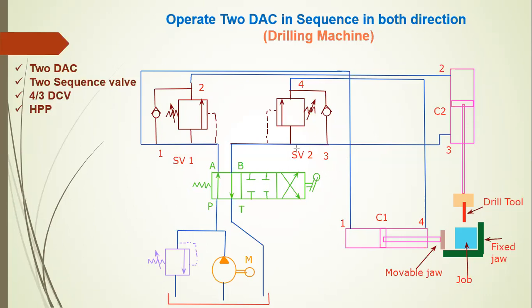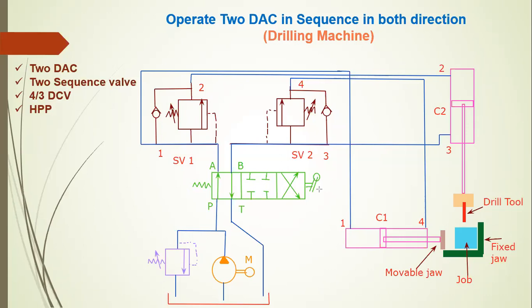One more thing to remember: always give a bypass line to any pressure control valve. Here is a sequence valve, give one bypass line, and here is a pressure relief valve, give one bypass line. Next, for any type of direction control valve, give operating conditions on both sides. Here I have mentioned that the first side is operated by spring and the other side is operated by cam or follower. Otherwise you can also use foot operated, pedal operated, pilot operated or solenoid operated.